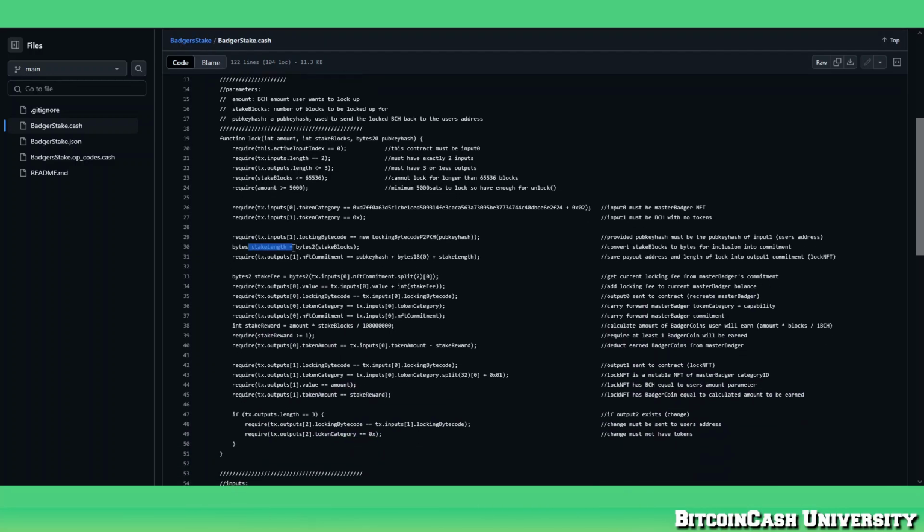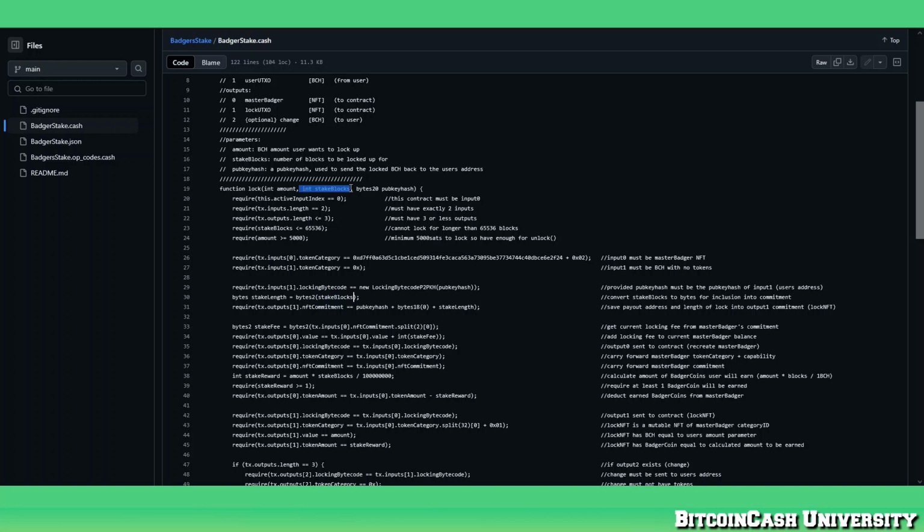Next, we look at the stake length. So in this case, I just had to convert the stake blocks. The stake blocks is given as an integer, a number of blocks that you want to lock for, say like 1,000. We then need to convert it into 2 bytes. So it's going from an integer into bytes. And we just call that stake length. And the reason we do that is because we then